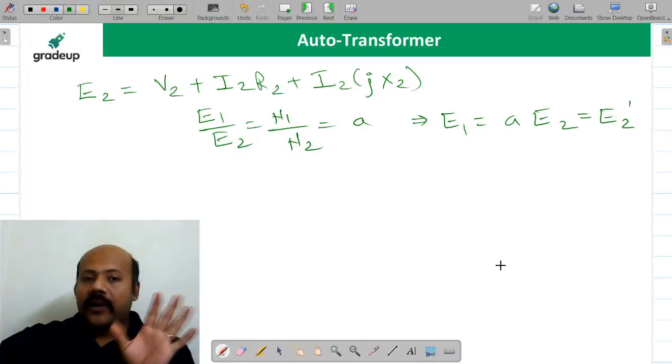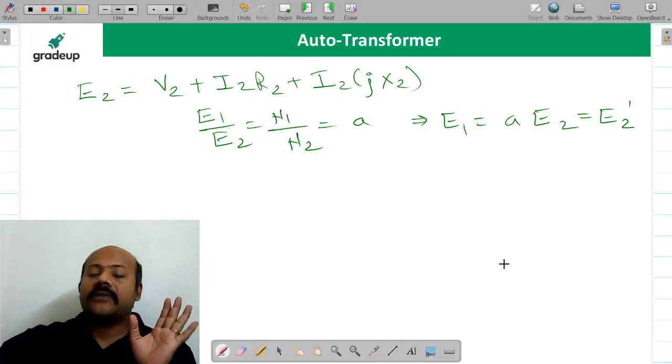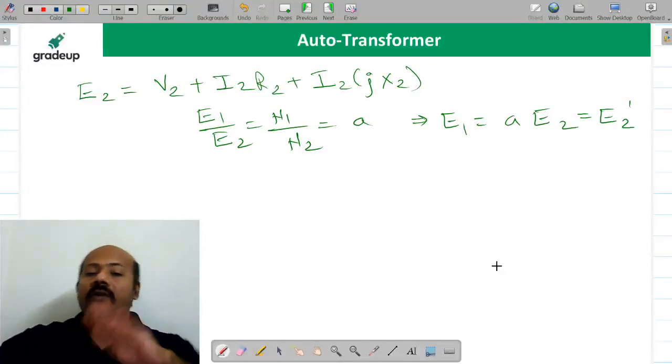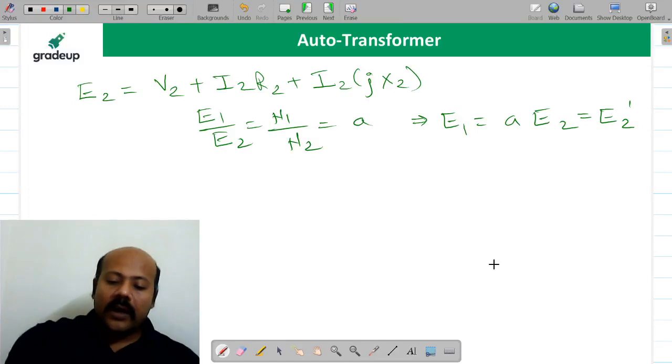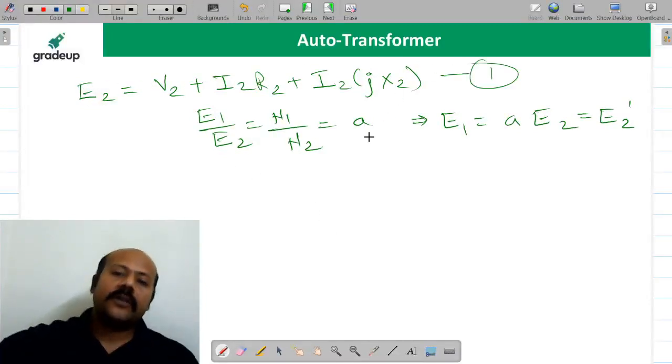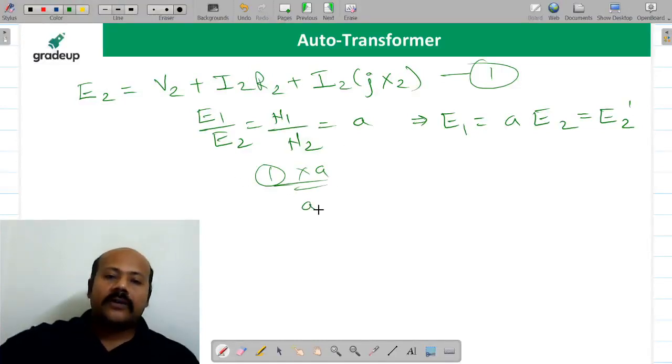This is very important and you should understand this, because only then will you understand how we are going to refer the secondary to the primary side or the primary to the secondary side. So what I am going to do is multiply this equation, suppose this is equation number 1, by A. So it is going to be A E2 is equal to A V2 plus,